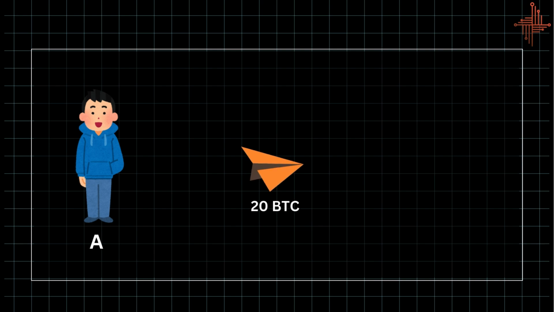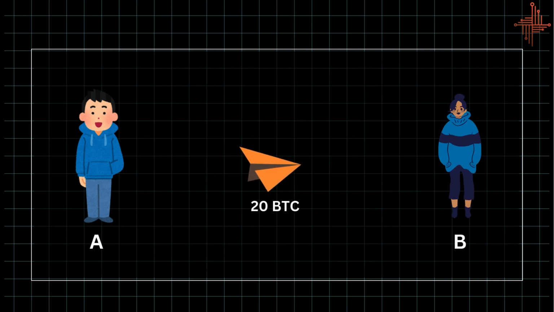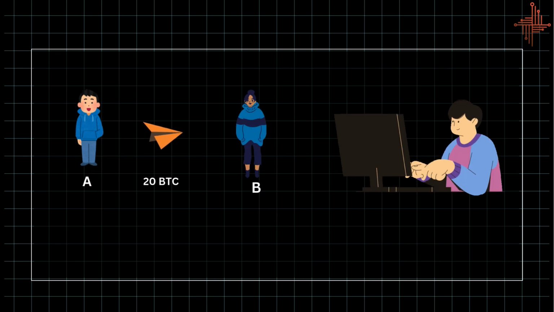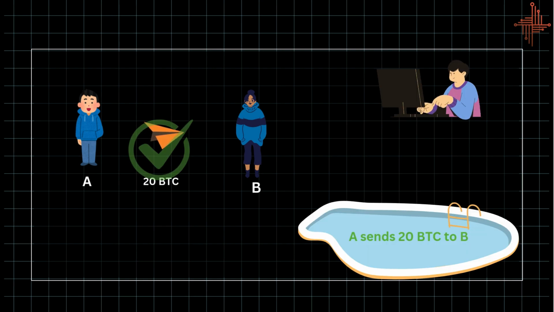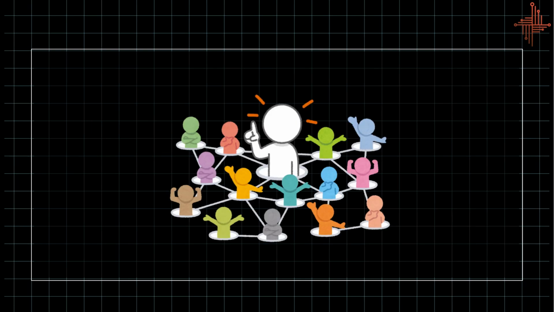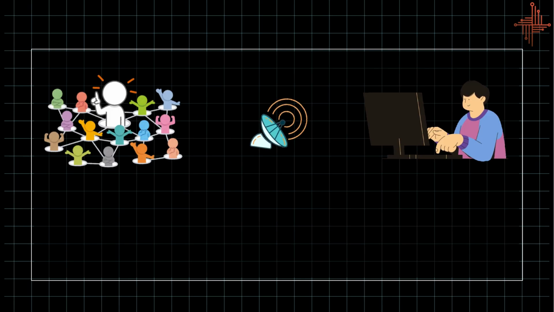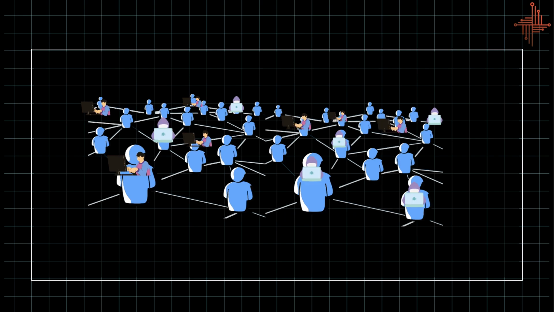So let's say node A sends 20 bitcoins to node B. Now the OG node will validate the transaction, and if it is found legitimate, then it will be added into the mempool. But how does it actually validate the transaction? Let's say a node broadcasted a transaction among its peers and it reaches the OG node. The most important point to remember is there are more than 1,000 OG nodes, MG nodes and users in the Bitcoin network.